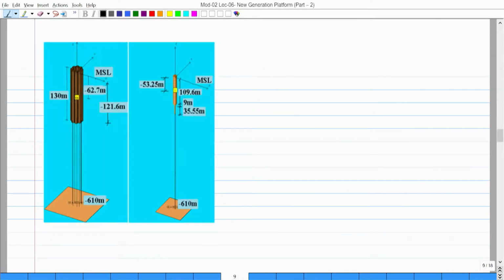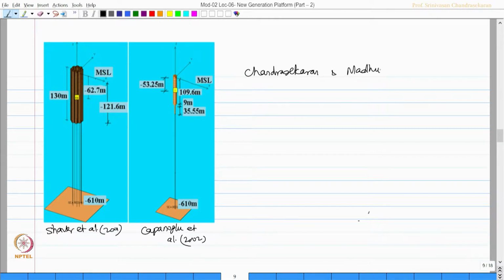So, a few studies have also been conducted by Shaver et al. in 2001 and Kapanoglu et al. in 2002, based on which Chandrasekharan and Madhuri in 2012, 15, 16 etc. conceptualized a preliminary research, and the studies very clearly show results for various degrees of freedom